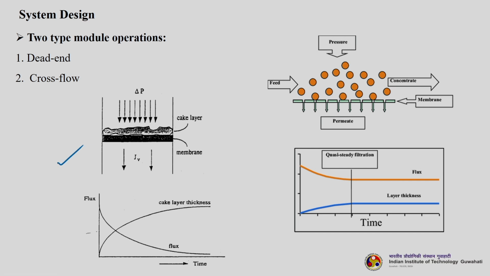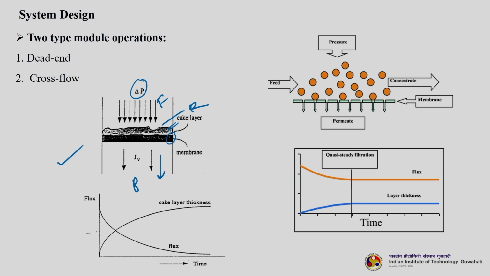This is the dead end operation. You can see this is your membrane on which the concentration polarization cake layer is getting deposited, your permeate is coming here, and you are applying pressure. Your feed is a fixed volume. Whatever you have given, you then pressurize the system. So, the feed volume is continuously decreasing and permeate is getting out here. Your feed is getting retained on this surface of the membrane. You see the flux profile, there is a drastic fall of flux here because it is a dead end filtration system, and the cake layer thickness increase is almost complementary to it. The way the flux is decreasing, in the same way the cake layer thickness is increasing.